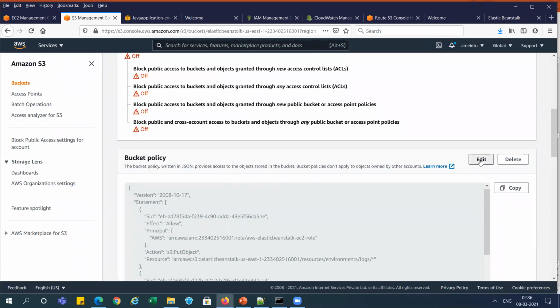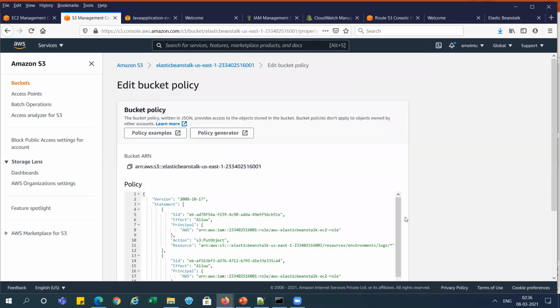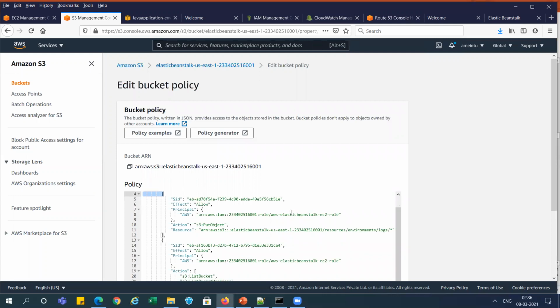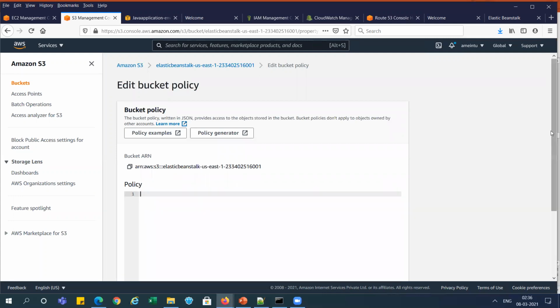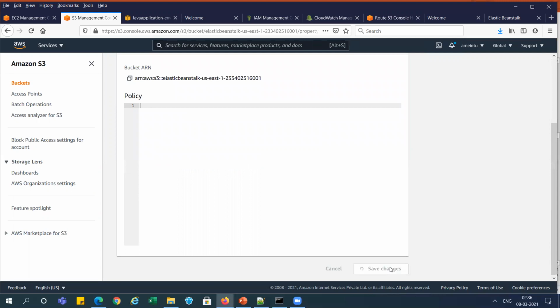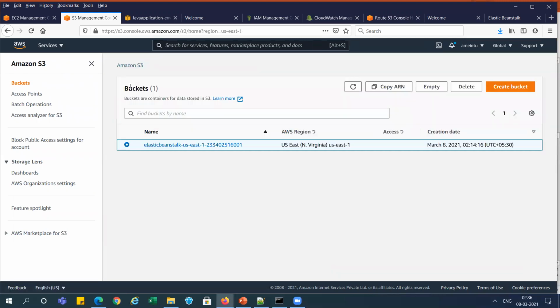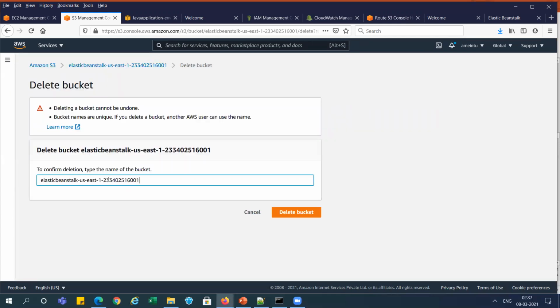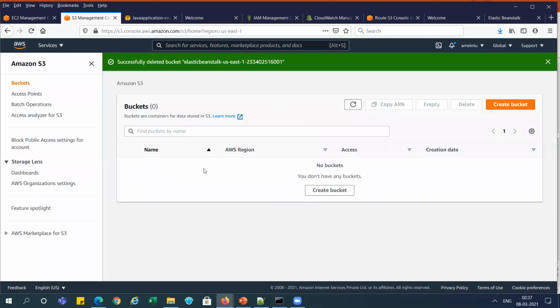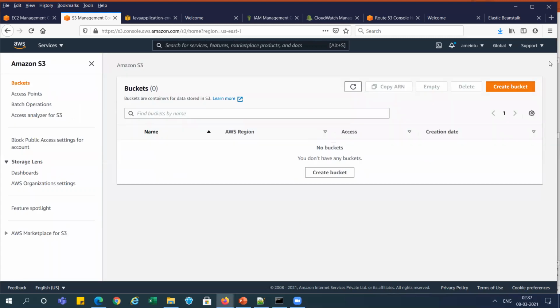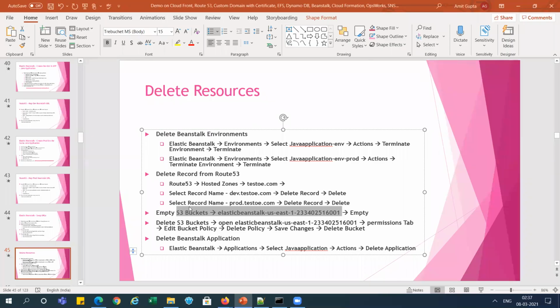So we need to edit it because this policy is preventing deletion, right? So I am going to select and delete the policy, save changes. But after that, if I try to delete it, then we can. This is deleted, right? So we have deleted this S3 bucket also.